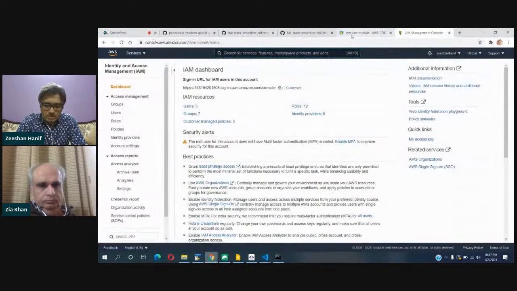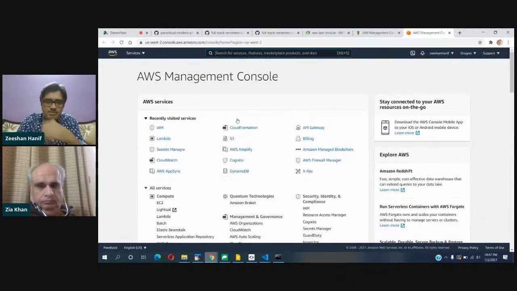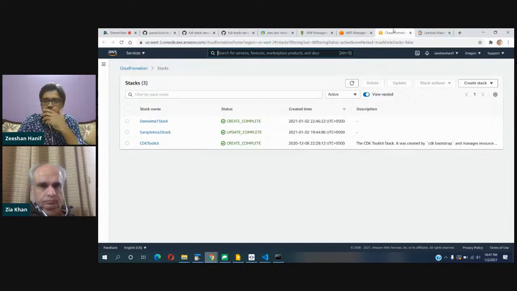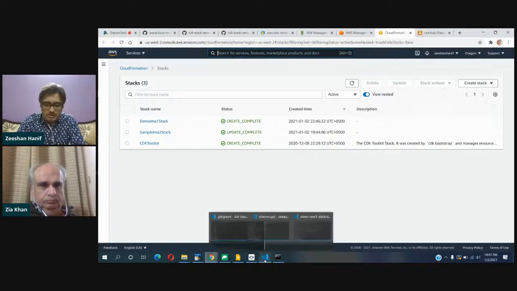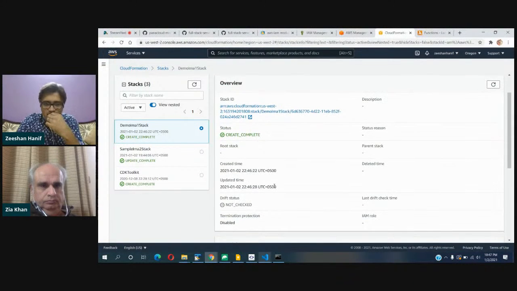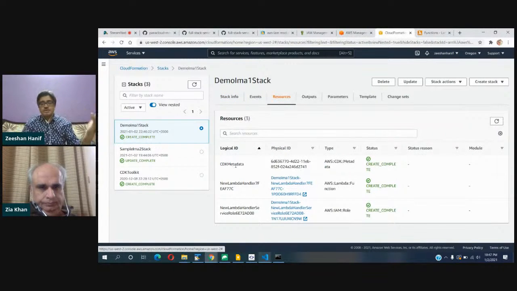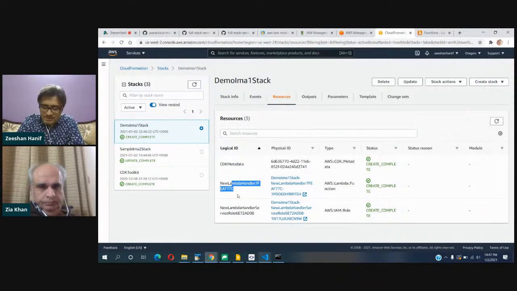Okay, so we'll see a CloudFormation stack will be created for us, and we will have the Lambda function as well. So CloudFormation and the Lambda function. It just created our stack, named demo IMA1. And we can see the resources from here. We have discussed previously that when we create a stack, it shows all the resources created or used by your stack. So you can see metadata, the Lambda function, and a role. If I refresh this screen,